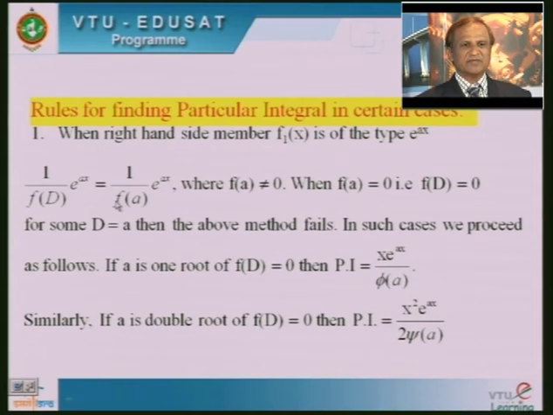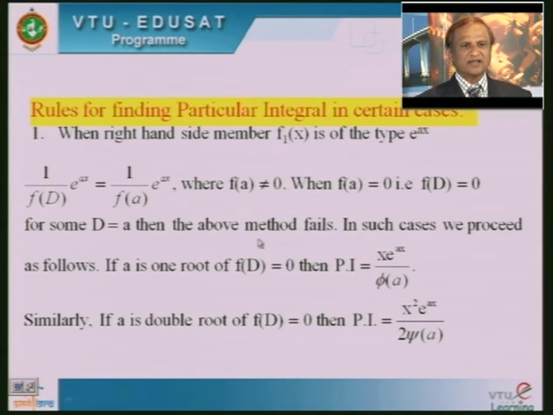Some function of a, suppose it is a second degree polynomial in D. So we will get two factors; one factor may become 0, another factor may not be equal to 0. In that case, you ignore the factor which becomes 0 and consider the factor which is not equal to 0, and that can be written in this form, and we can take it as a particular integral when f of a is equal to 0.